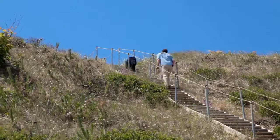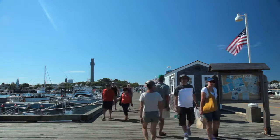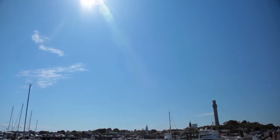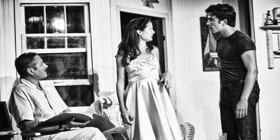So the beauty and history of this place were not short-lived, and right up till today, it draws people of all sorts, artists, writers, and it seems to be the hub for the East Coast where people of a creative mind meet. And I think about Tennessee Williams, who had Marlon Brando come up to his house and audition for A Streetcar Named Desire right around here. And then you start talking about people like